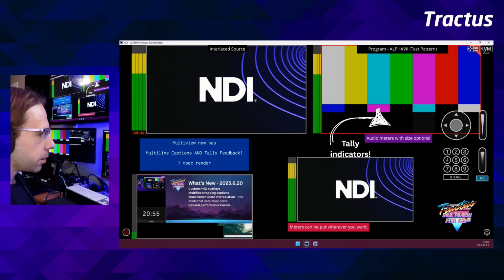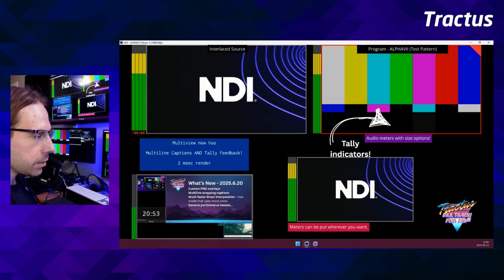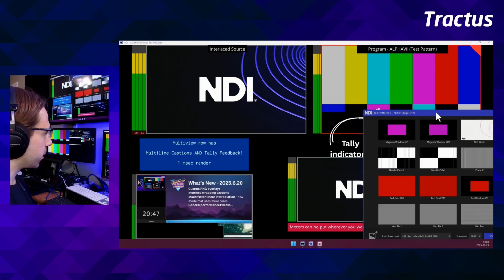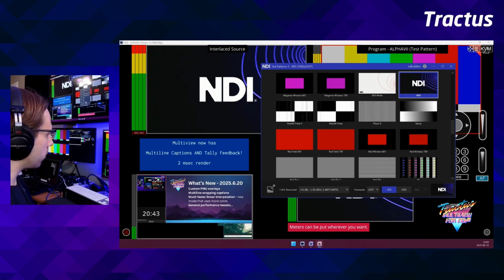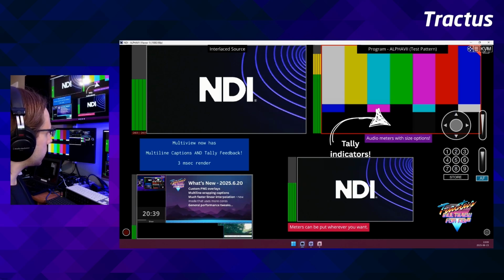These 4 meters here, these aren't fixed meters, by the way. These are the volume levels that are coming in from test pattern. So if I bring test pattern over here, right now I've got it set to plus 18. If I set it to plus 24, we've kind of maxed out. Set it to 0, so the meters respond. And you'll notice that test pattern sends out 4 channels of audio, so we've got 4 meters here.